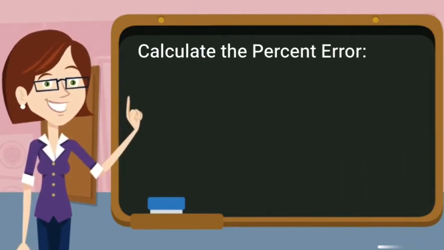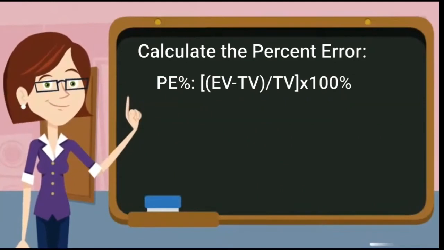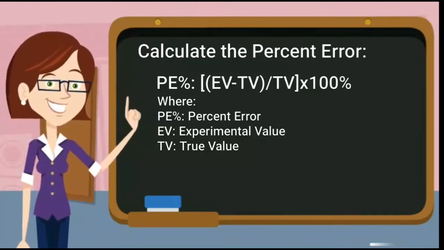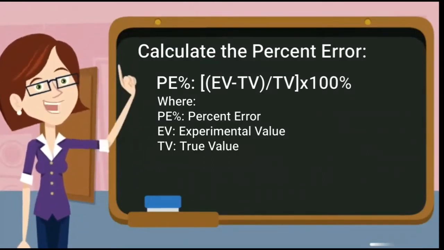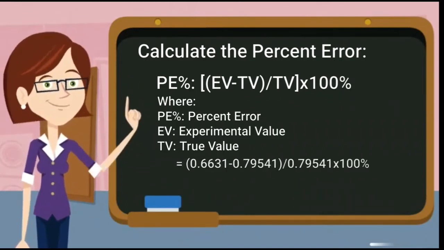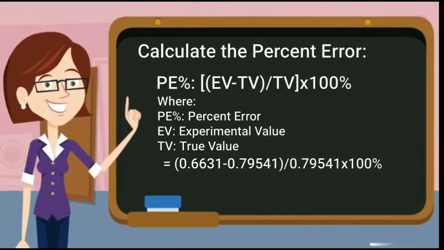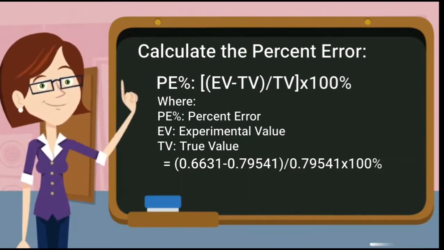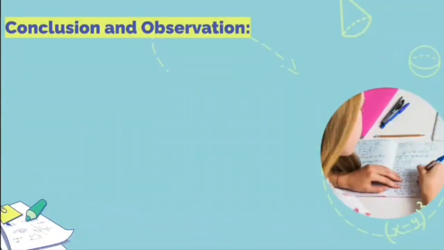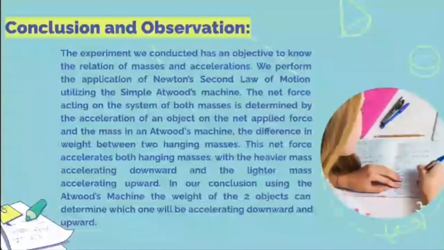Calculate the percent error. The formula for that is EV minus TV divided by TV times 100%, where PE is percent error, EV is experimental value, while TV is true value. And you will get the answer by 0.6631 minus 0.79541 divided by 0.79541 times 100%. You will get 16.63%. The conclusion and observation in experiment number 5 is, the experiment we conducted has an objective to know the